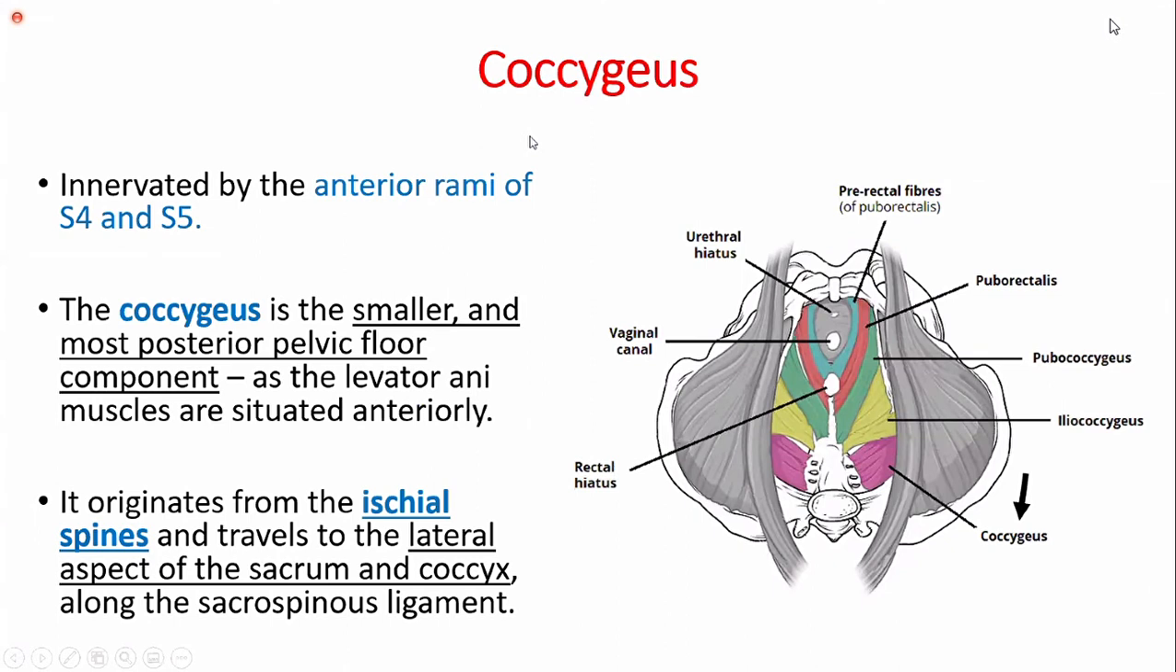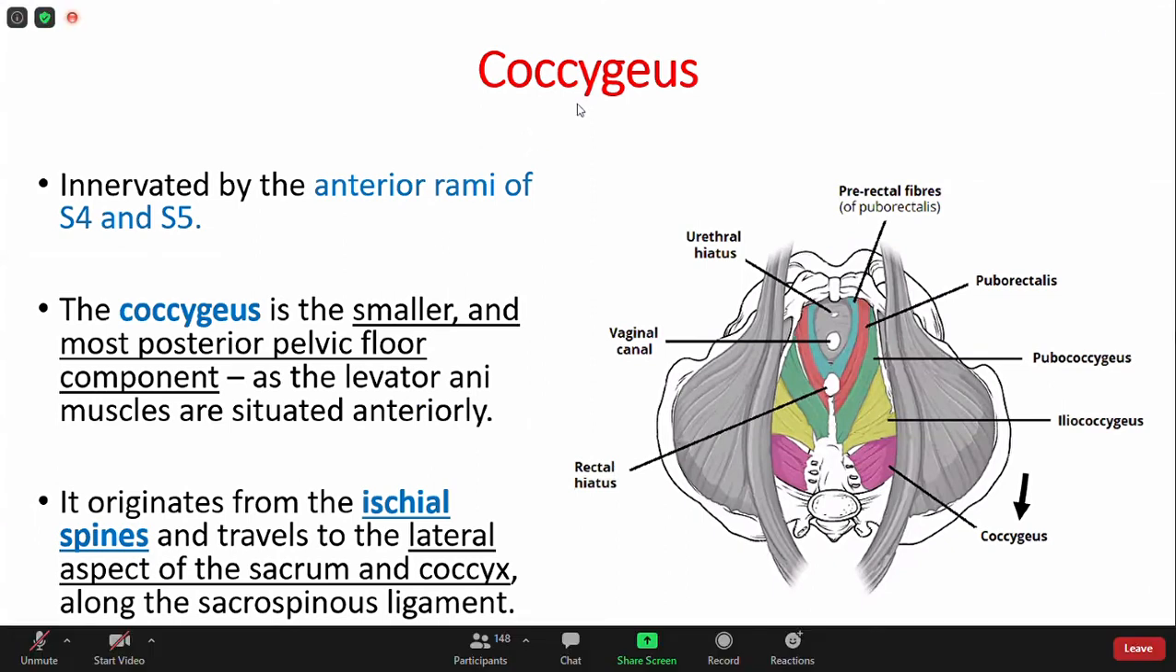The final muscle doesn't belong to the levator ani. This is a muscle by itself. We call it the coccygeus. This is innervated by anterior rami. It's not innervated like the other ones by what? Remember the other one? Pudendal nerve, yes. This is the smaller one and the most posterior one. It originates from the ischial spine and travels laterally to the sacrum and coccyx, together with the sacrospinous